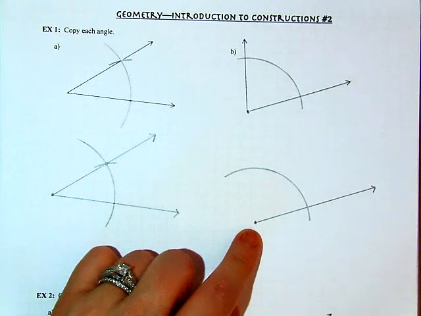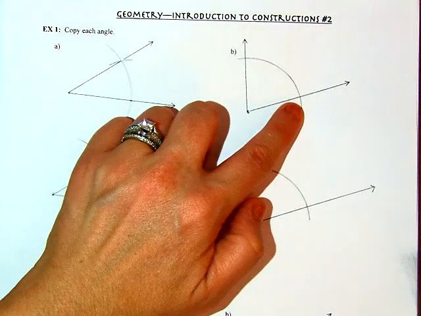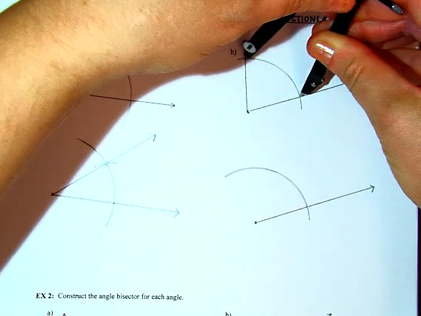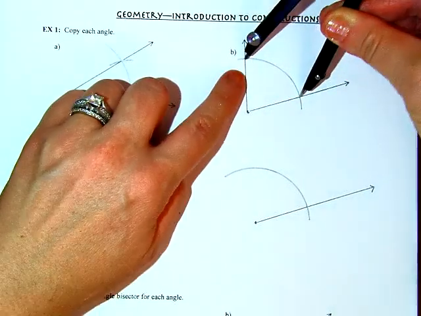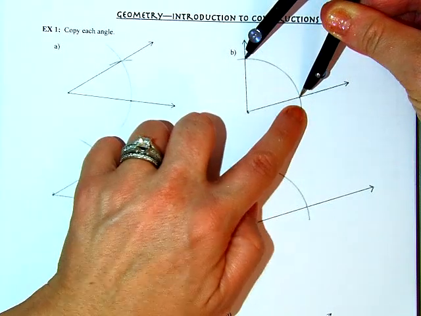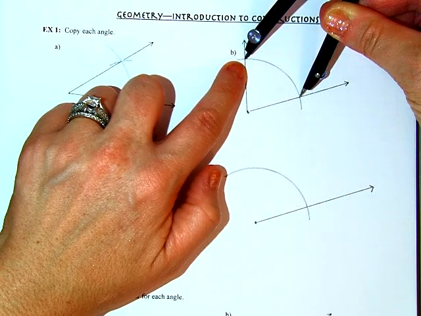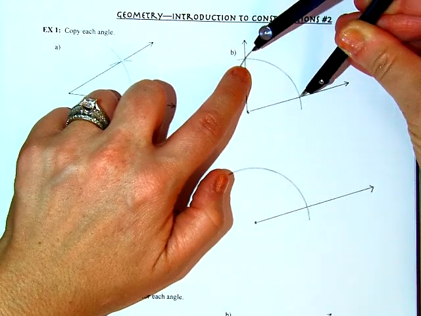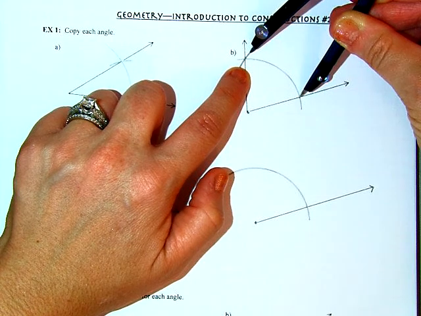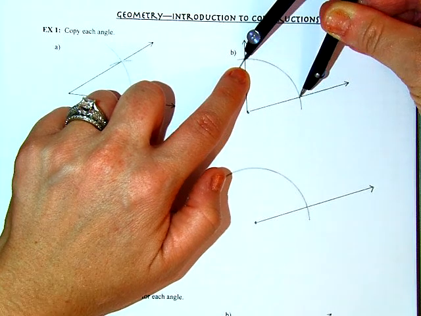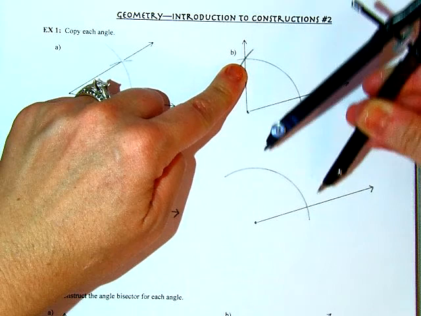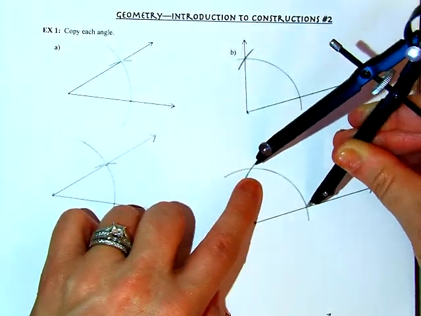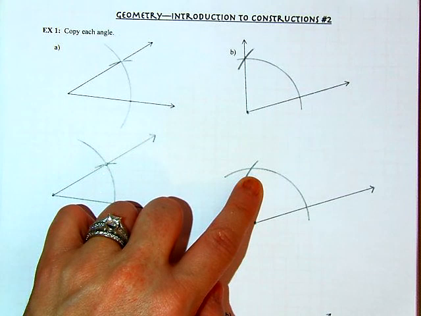Okay, next thing to do, I'm going to put my needle right here. And I want to open it to this width right here. So I want it to be this wide, between this point of intersection and this point of intersection right there. I'm going to mark a little notch. So drawing that little arc just to make sure I'm in the right spot. That looked great. So now I'm going to take this width, slide it down to here, and make another arc right there. So this point right here,